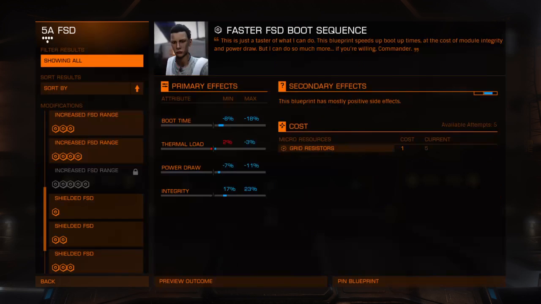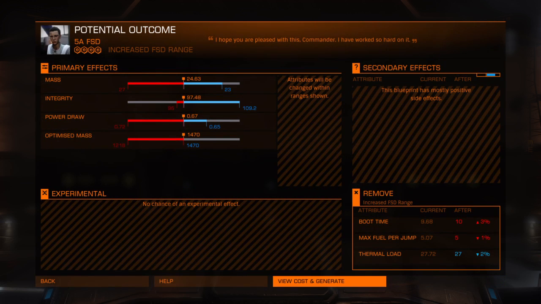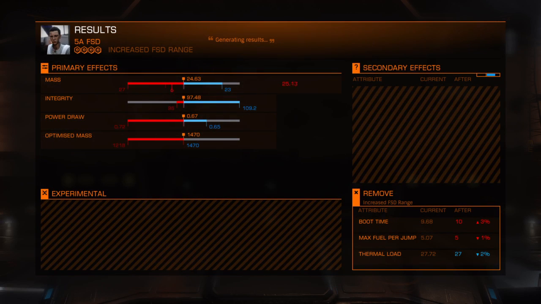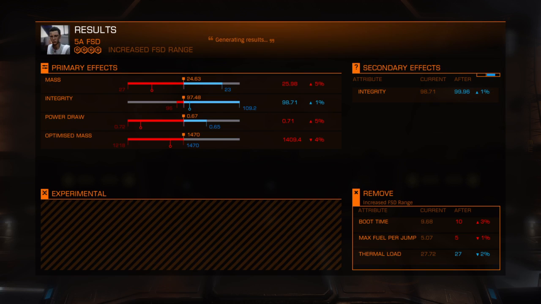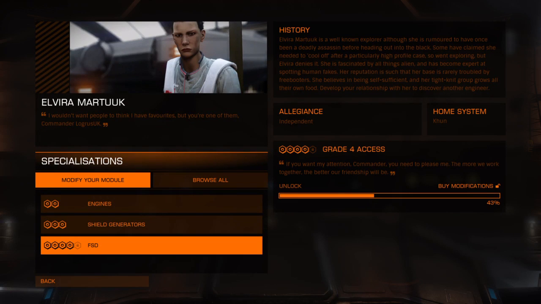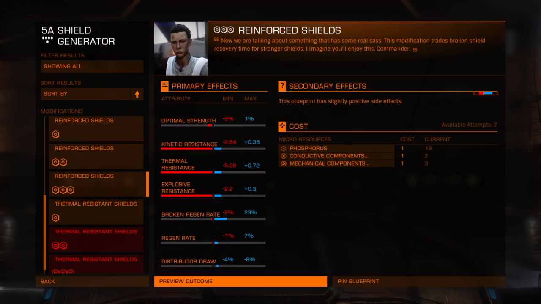We can apply increased FSD range. But as I said, it was a good one that I had before. So let's see if we can get anywhere better. Probably going to have a level 5 in order to get it any better. But that's not so much a problem. I knew that was going to be the case. It was more about opening up the other engineers. That was the most important thing. Max fuel up. Yeah, we're not going to have any of that. Disc card. I'm not going to waste any more materials on doing that. But what I will do is I'll give one more go